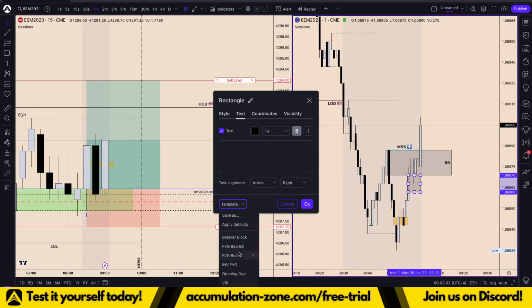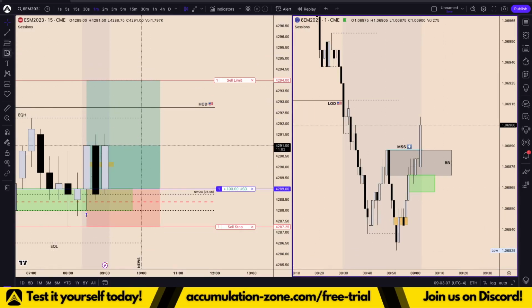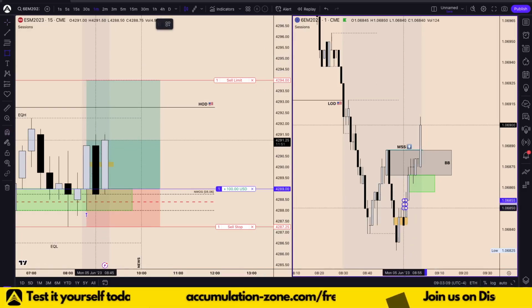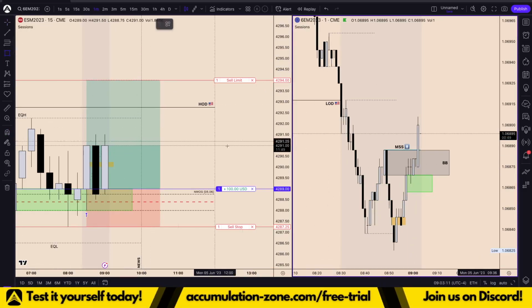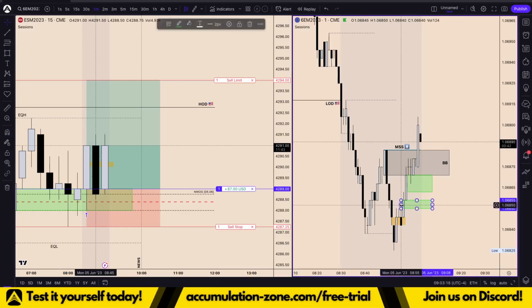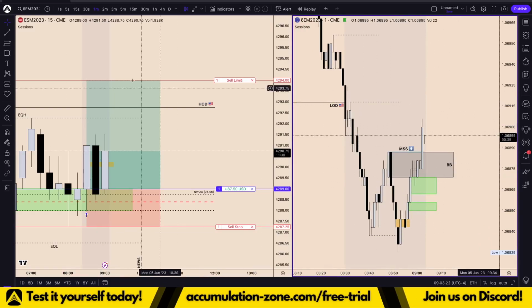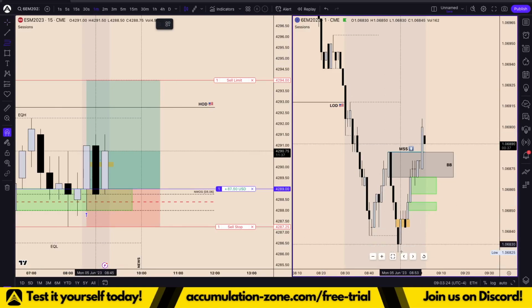Let me pull this up. Fair value gap, bullish. And we have another one right here. Big opening gap right here. So potentially,